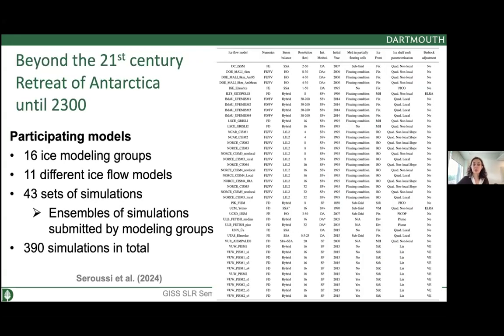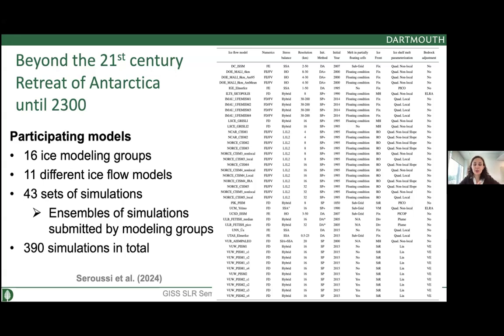And then that was all about 2100, but the world is not going to end in 2100. We saw that there were large changes, but not that big. And so what happens beyond 2100, what are the regions that, if we continue looking at future results, what's going on? So we continued using the same protocol that I just described. We looked at evolution of ice sheets for Antarctica until 2300. Most of the previous efforts have used conditions from the end of the 21st century, so typically 2080 to 2100, repeated over the future, when in this case, we really wanted to rely on conditions that were simulated by climate models until 2100.